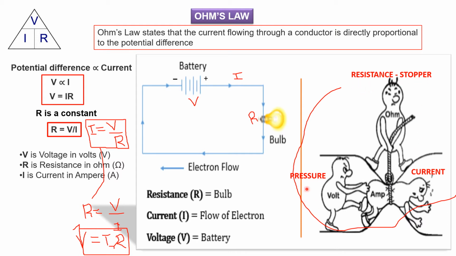And this person is putting the pressure, that potential difference, electric pressure. That means he is a voltage. He is just pushing inside. He is trying to push the current, that means push the electrons faster inside the conductor. So remember, the person who is holding it is the resistor or resistance or the stopper. The person who is flowing inside is a current, electrons, that is measured in ampere. And potential difference is nothing but a pressure created. So you should remember this. This is represented by Ohm's law.